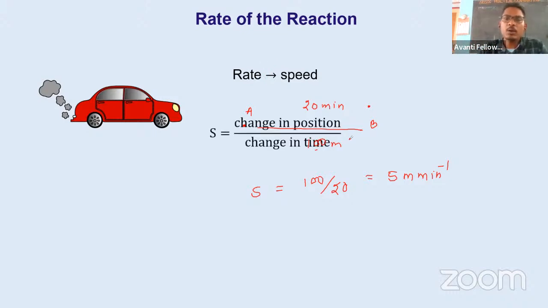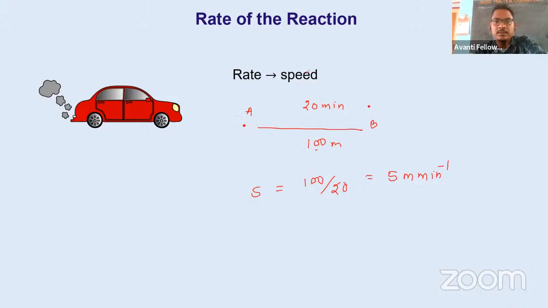Everyone understood now how we find speed of this one? Simple thing, like we have studied in junior classes 11 and 10, how to find out speed of any vehicle if you are given distance and time. Okay, this is a simple thing. So we can tell,